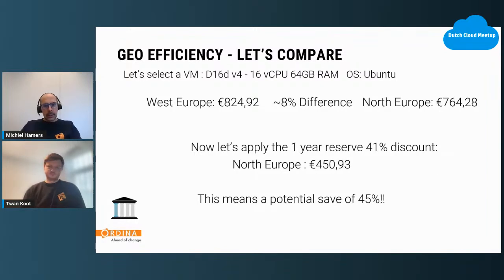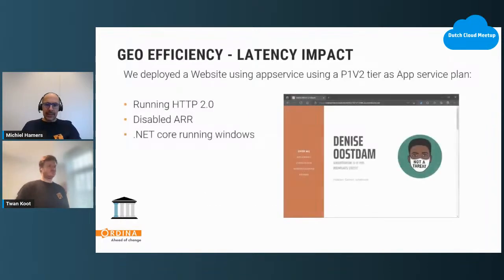Yes, and one other thing. When I spoke with a couple of developers and administrators about choosing a different data center, there was the latency impact. So we did some testing with the latency and how latency differs in different data centers. And as we already mentioned, we also presented this in India. We tested this in India, but let's first of all say